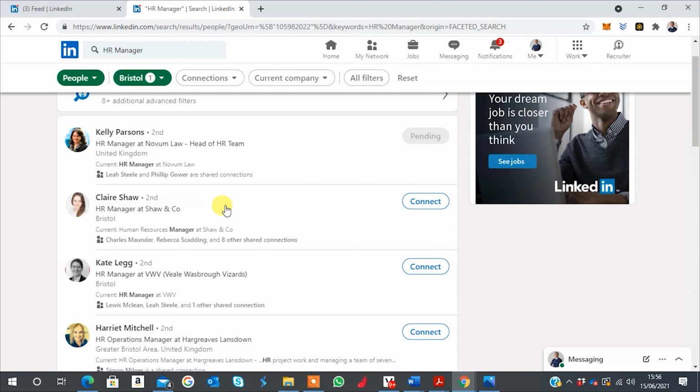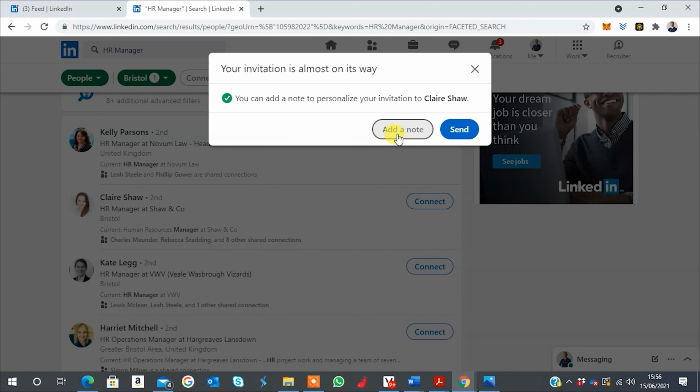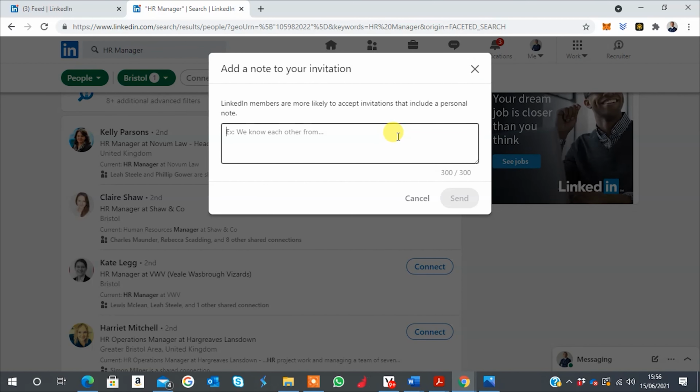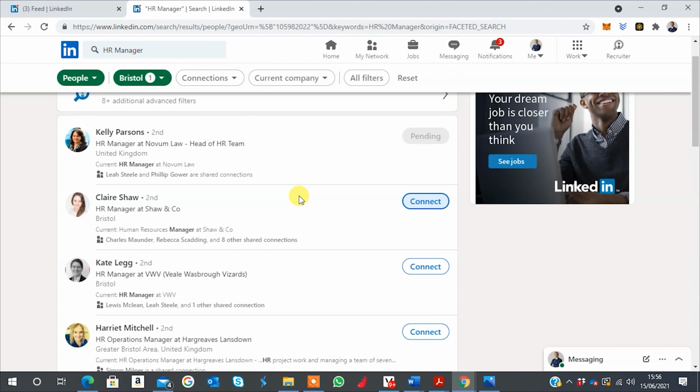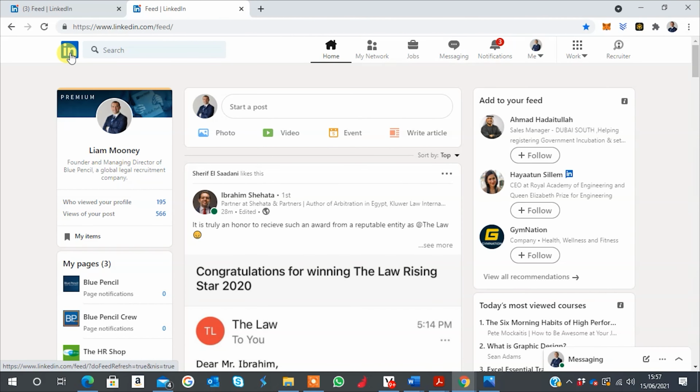But if you want to approach an HR manager at a company that you'd be interested in working for, you can click connect, and then you can add a tailored note, something along the lines of, look, I'm looking for or potentially seeking new opportunities. Would you have anything at the moment? Would be delighted to discuss. That way, if the person accepts your invite on LinkedIn and they're looking to hire in the future, if this lady's looking to hire and she looks at your profile, you'd be relatively easy to approach.